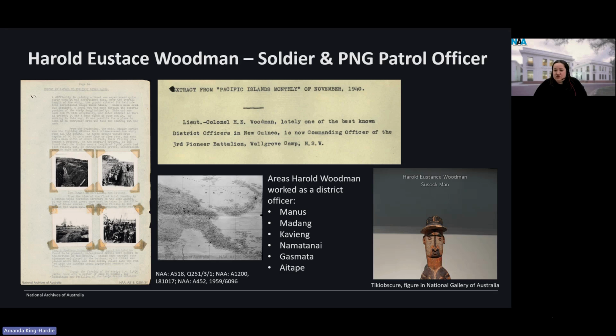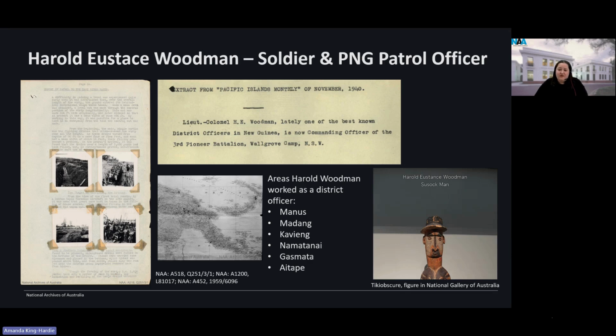On the left, you can see an example of a page from a patrol report, of which we hold a large collection from the Territories Branch and Department of External Territories. Patrol reports are an invaluable source of information about PNG. Across several decades, they were regularly written by the district and patrol officers and contain information such as personnel accompanying the patrol, geological features, traditional customs, differing dialects and vocabulary, observations on ceremonies, information about housing and gardens, and some even contain detailed maps and photographs, such as the one you see there. Woodman's reports were noted to have had particularly good attention to detail.